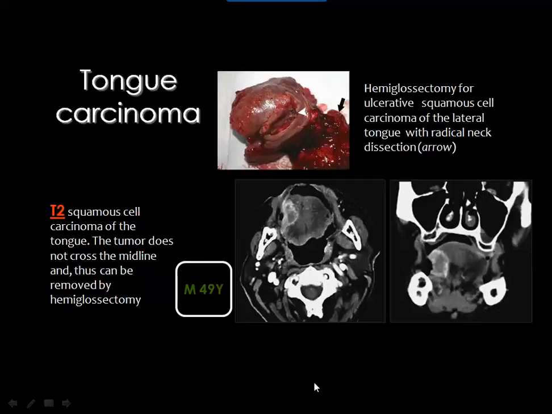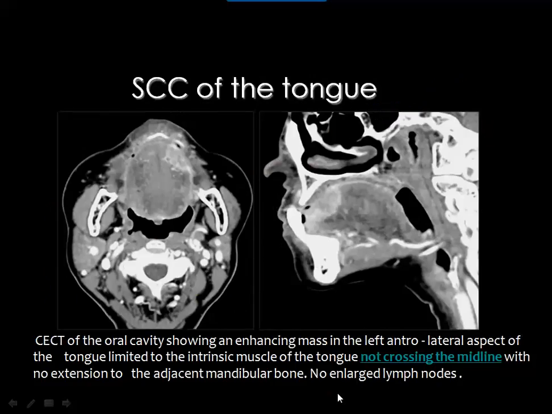This is a lesion which is located in the right side of the tongue, both in the axial and the coronal planes. The midline fat is intact and the tumor did not cross the midline and thus can be removed by hemiglossectomy, as you can see. Then crossing the midline is usually a sign that the tumor is not surgically resectable. Another example, here you see an enhancing mass in the anterior part of the tongue on the left